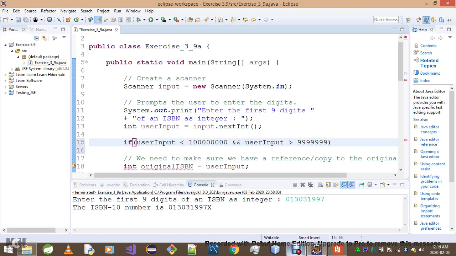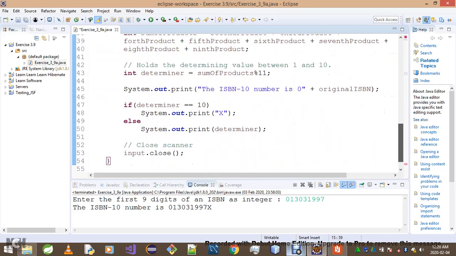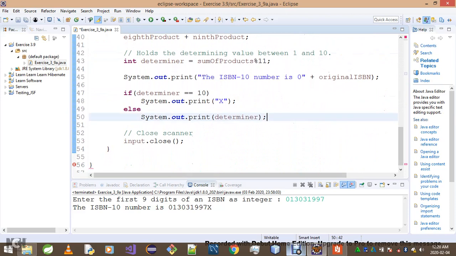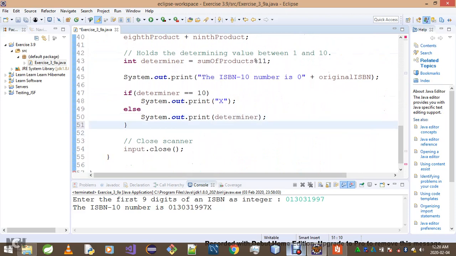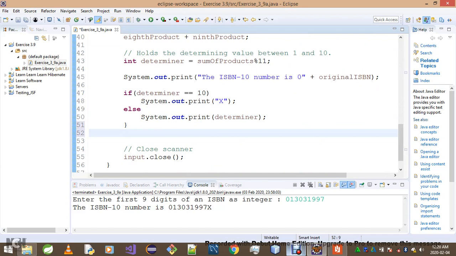because of course we're not going to be including the 0 at the front of whatever input our user will give us. Of course you can further do verification for that, but I'm not going to do that. What I will simply do is to check that the user input is in that boundary. Okay, and if it's not,